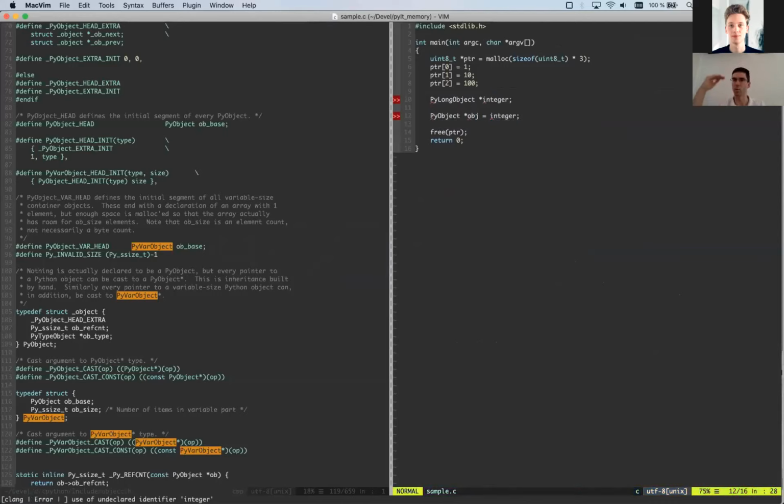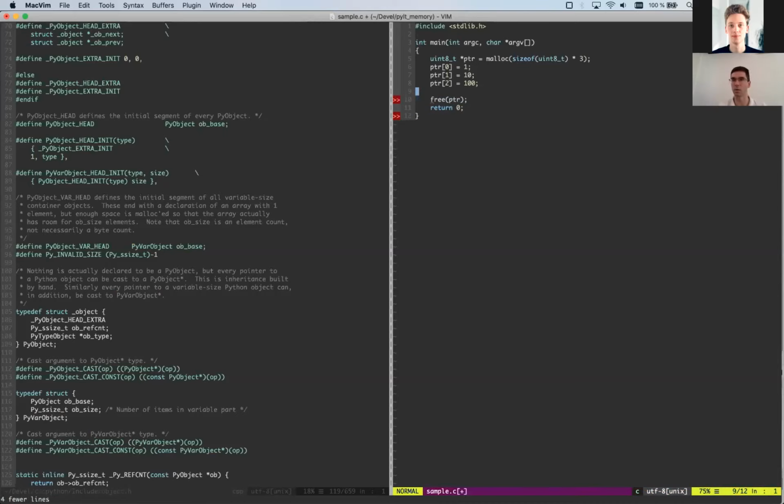And because the memory layout is the same, everything will just work. And for this simple object, we're going to ignore the rest of the attributes. So this is how the Python interpreter achieves pseudo object-orientedness in C code, because C does not support object-oriented programming, because it just has structs,